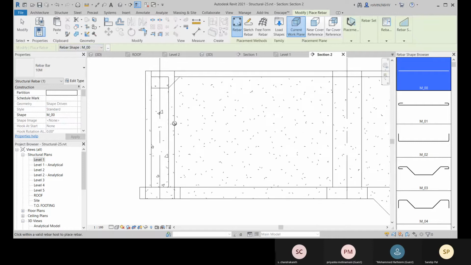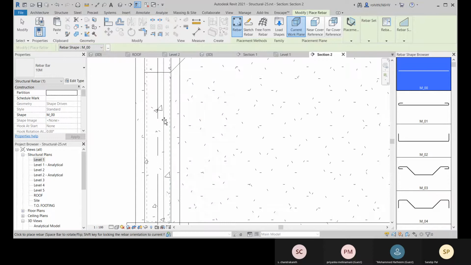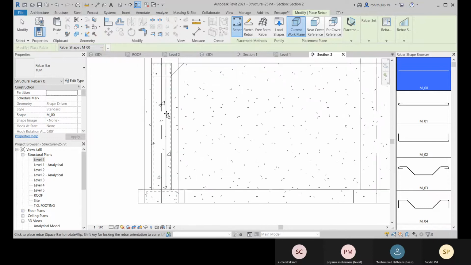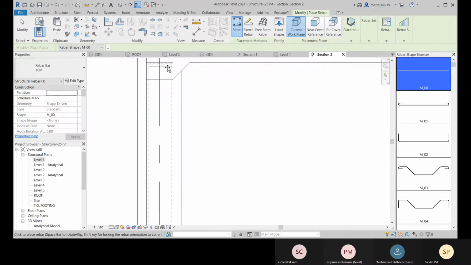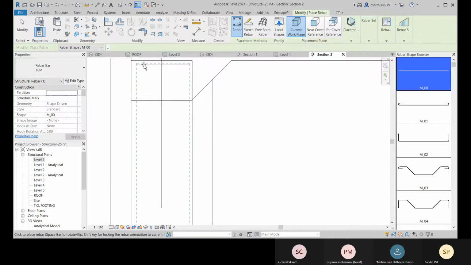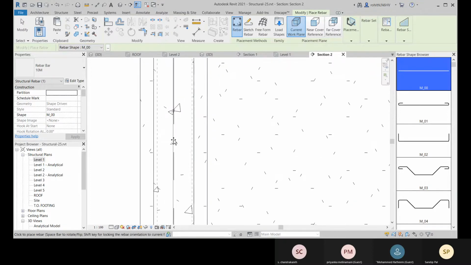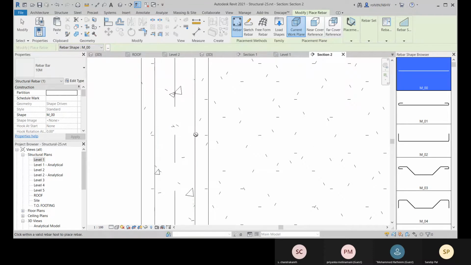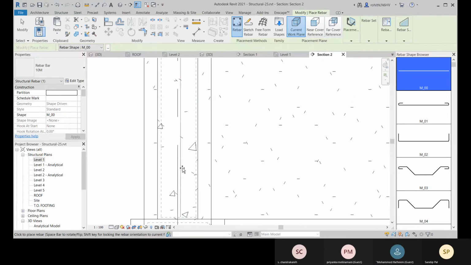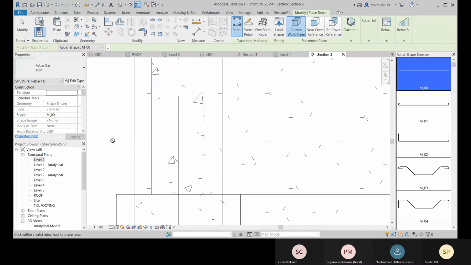And now it will place according to this work plane now. And now you see that it has the cover. So at the top, what will be the cover value, at the left and the right, and the bottom, what is the cover value. So that is already set.